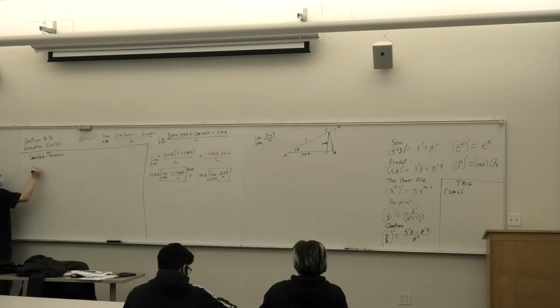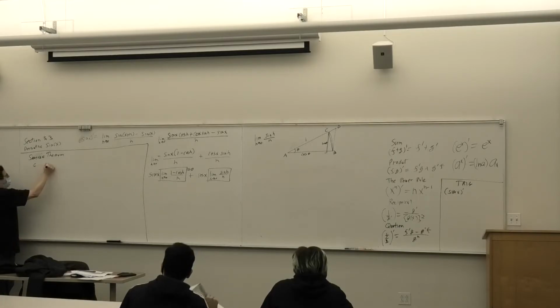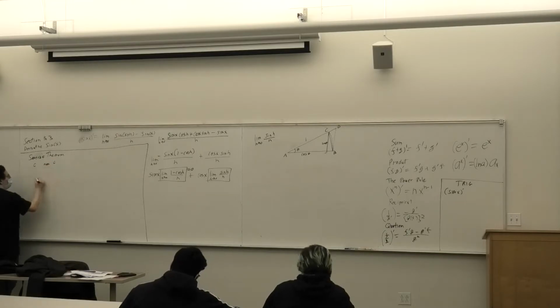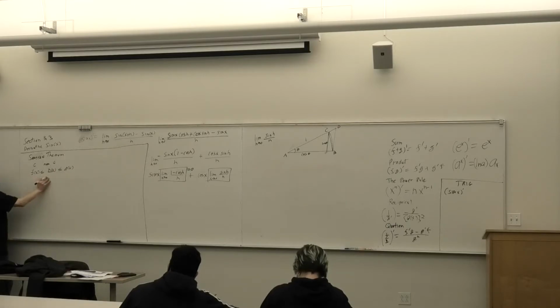It says that if you have some c, and near c you have the following: f of x is less than or equal to h of x, which is less than or equal to g of x. So if for all x near c this is true, and if